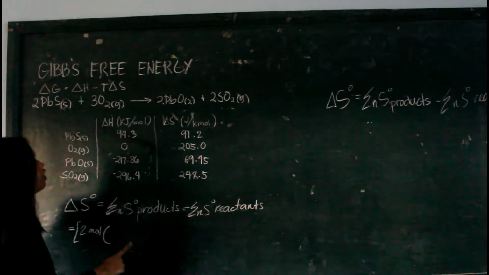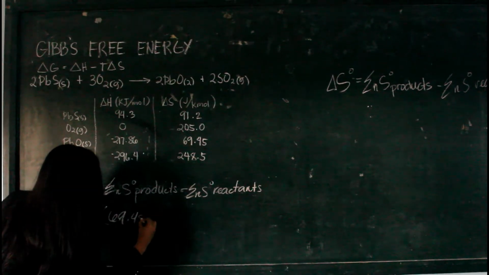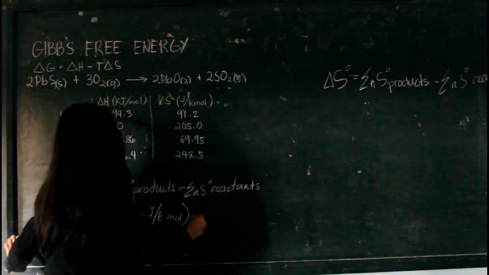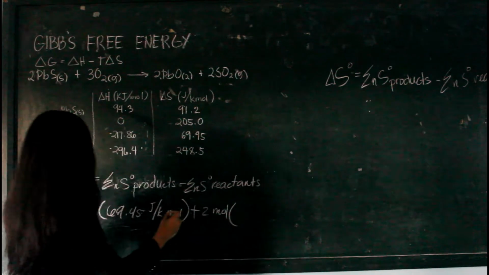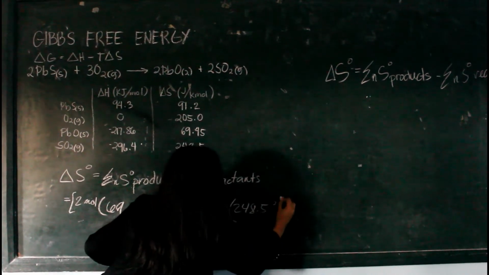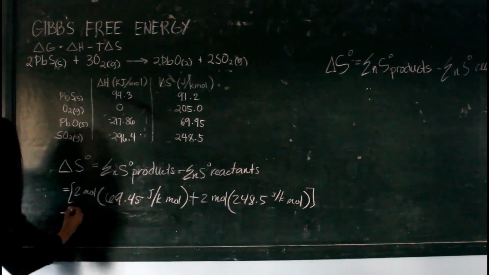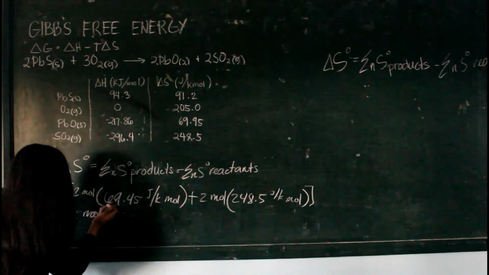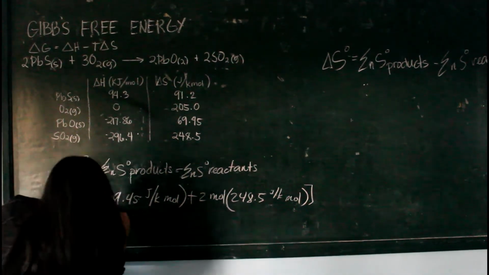times the value of lead oxide, which is 69.45, plus 2 moles times the value of sulfur dioxide, which is 248.5, minus the reactant side, which is 2 moles times the value of lead sulfide, which is 91.2,